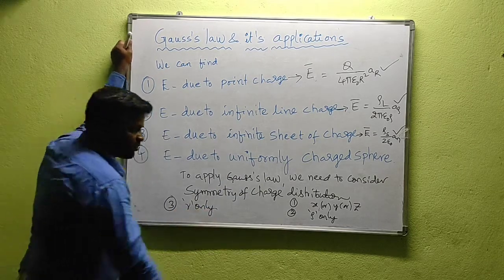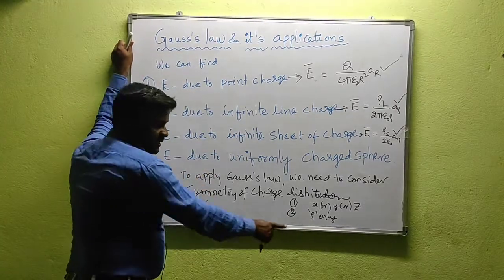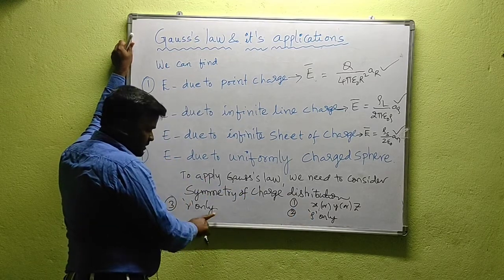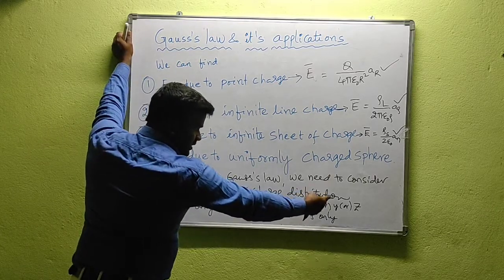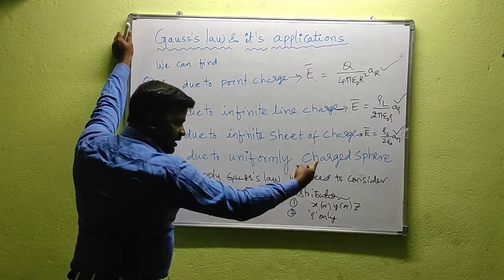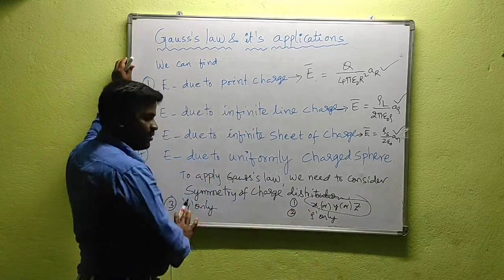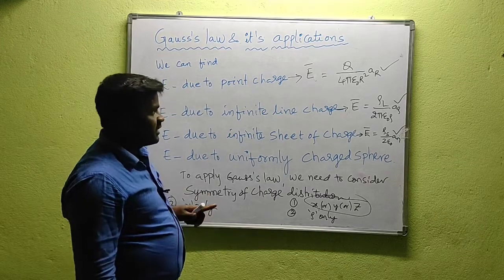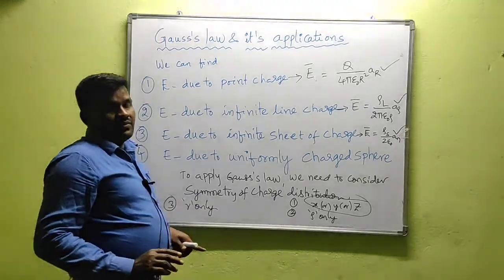We can easily remember rho is radius. If you want to apply the symmetry of charge distribution for Gauss law, it depends only on rho in cylindrical, only on R in the spherical coordinate system, whereas in the Cartesian coordinate system it depends on x or y or z. Clear? If you want to apply the symmetrical charge distribution, we need to consider the field component.